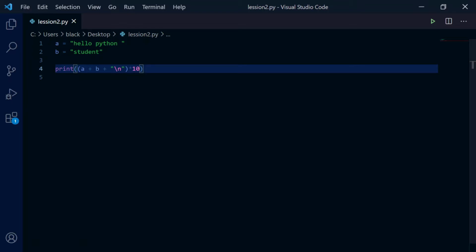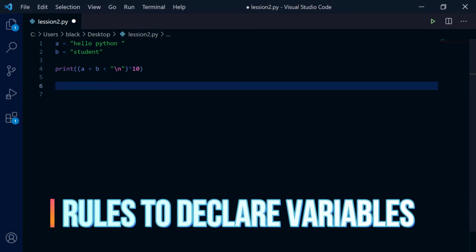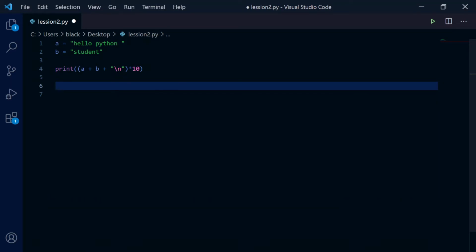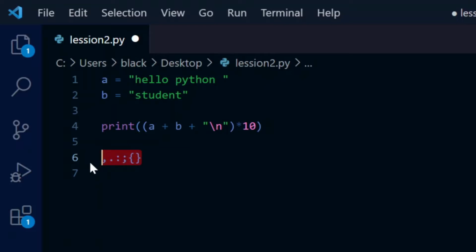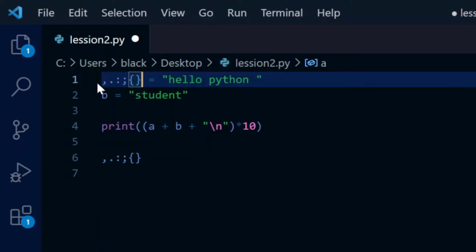When we are declaring variables, we have some rules. One of them is that we cannot use special characters like comma, dot, colon, semicolon, and brackets for variables. If we try to use these, it will give an error. Let's see.